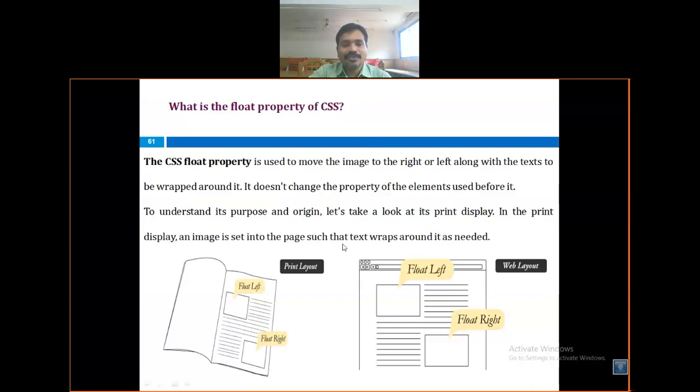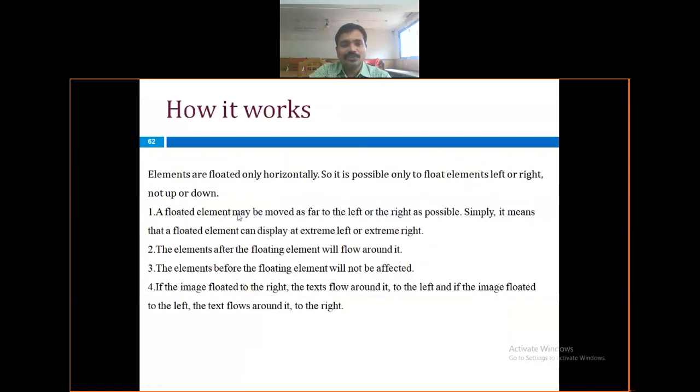So this is the way we set the property. Just see the example: where you want the image, and what content wraps around it. You can set all these things at the top or bottom level, on the basis of your print layout.